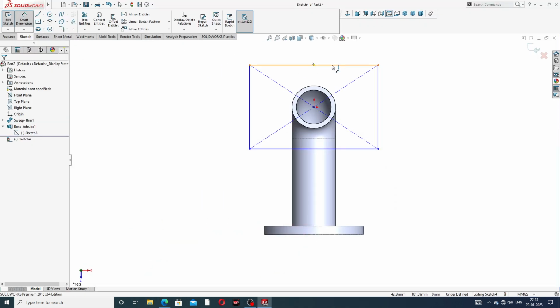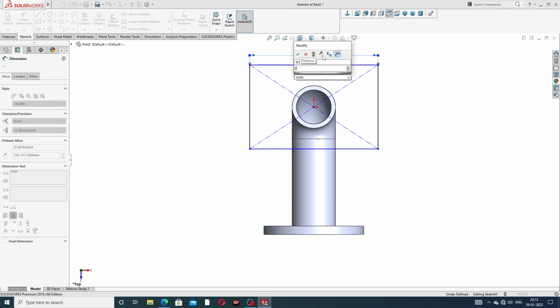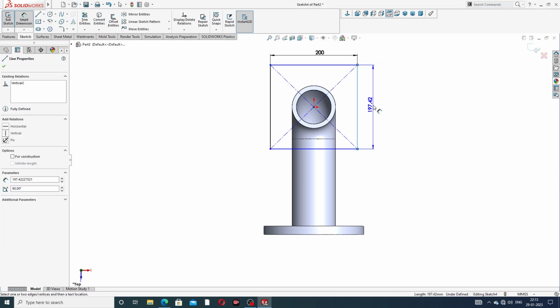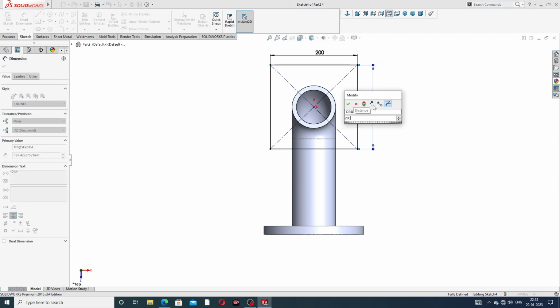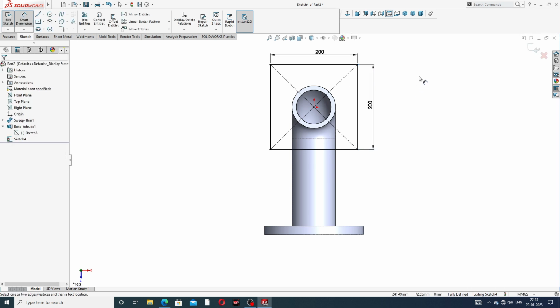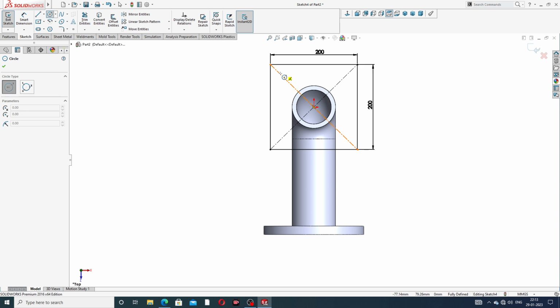Okay, and mention this is 200 millimeter, and again select a circle. This is 200 millimeter, correct, and again select a circle. Circle is drawn here. This is the first,